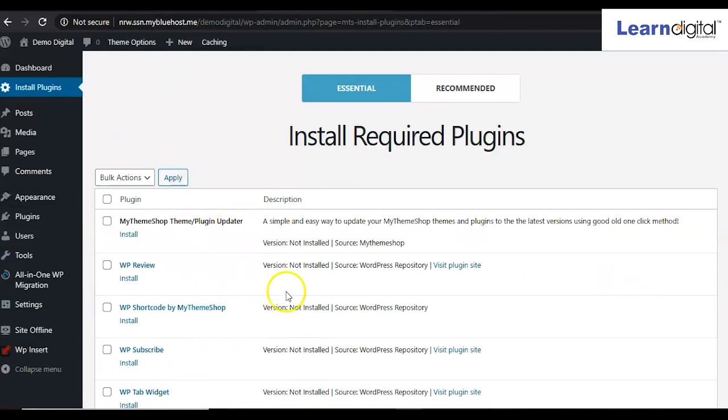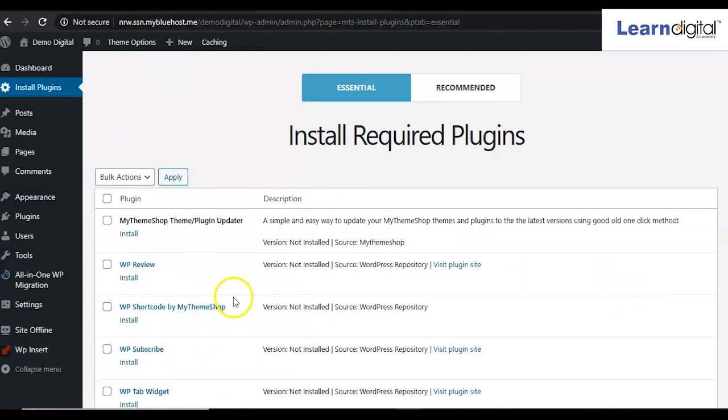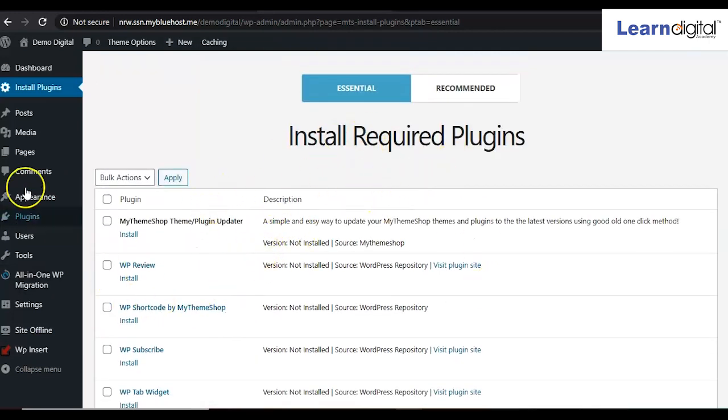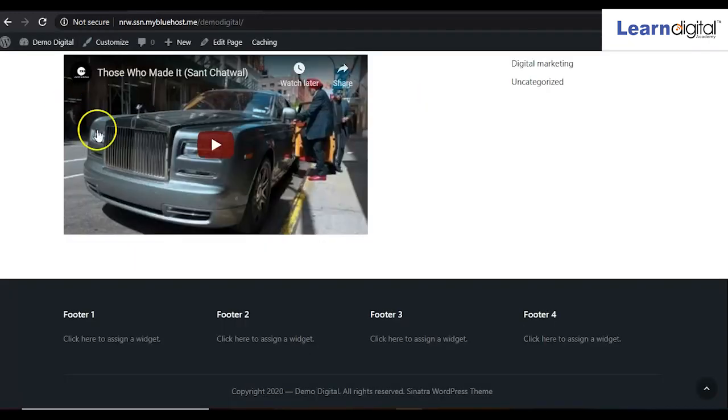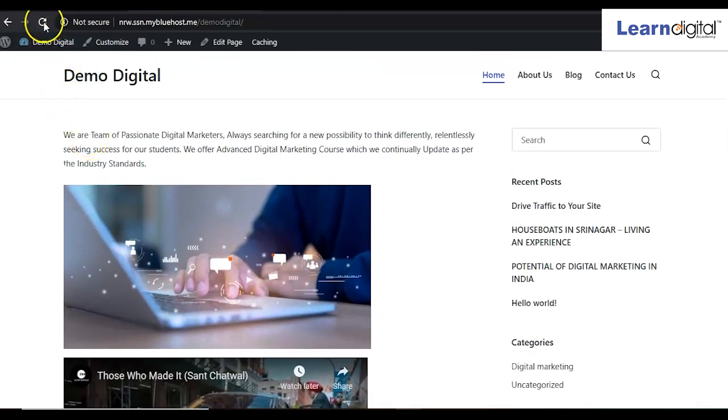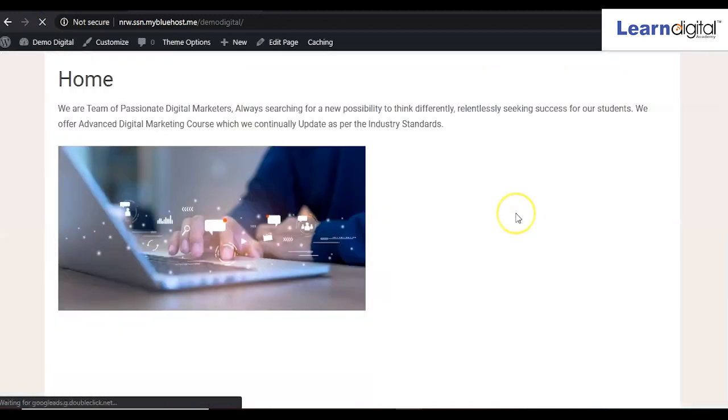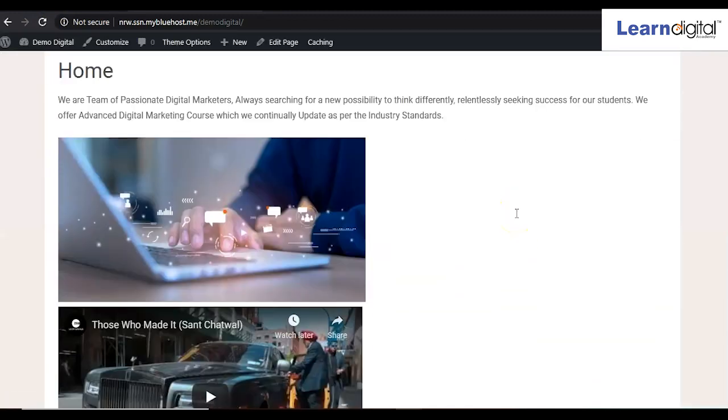You don't need to install this plugin. By default it is showing you a suggestion. With this theme you can install that plugin, but no, it's not required. Come on this and refresh the page. Now see the changes. Accordingly you can work on the theme.